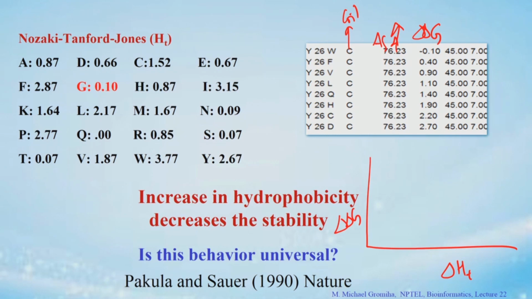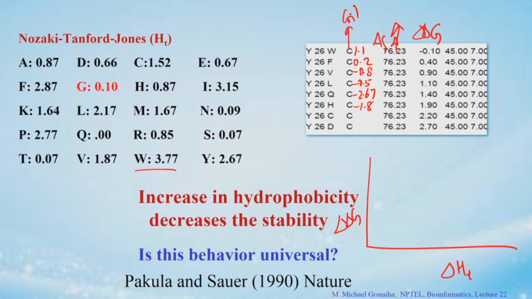Okay, so this is Y26W, what is the value? What is the value of W? 3.77, for Y 2.67. So, this is equal to 1.1, and the second one, phenylalanine, what is phenylalanine? 2.87 minus 2.67, this is 0.2, and minus 0.8, minus 0.5, is Q minus 2.67, H minus 1.8,